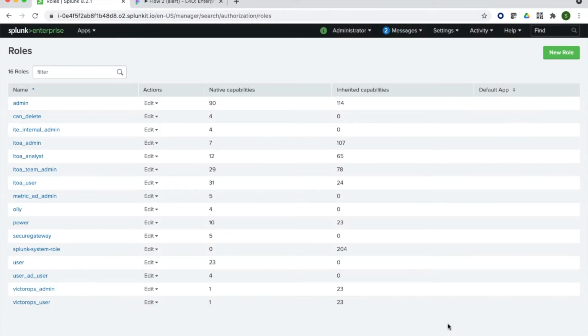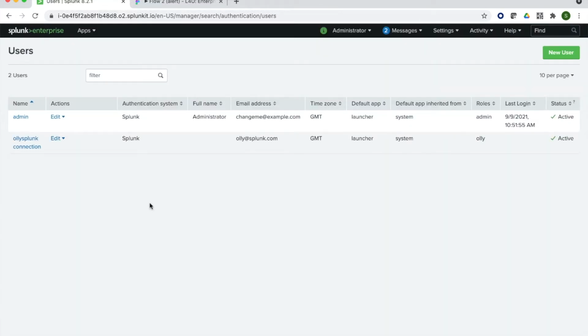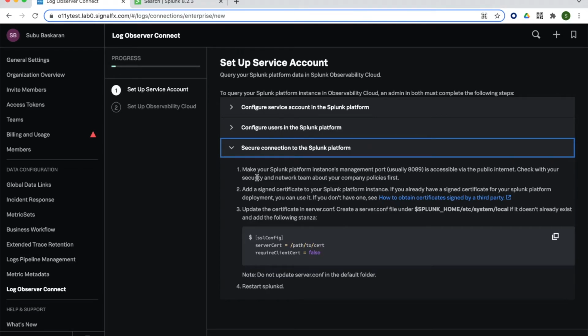So having created the role, I will also show the service account that I've created for the sake of this demo. As you can see, I have created the Ollie Splunk connection user that I'm going to be using to connect to Splunk Enterprise. And this user has been assigned the Ollie role, which has the ability to search Splunk indexes. And once you have set up the role, the user, and the third party or self-signed certificate,